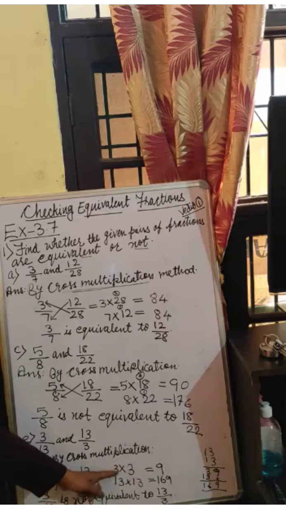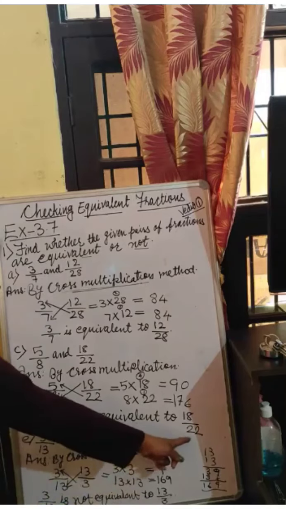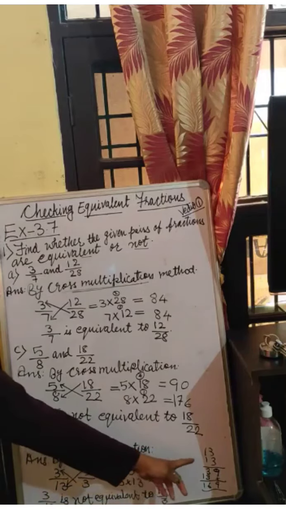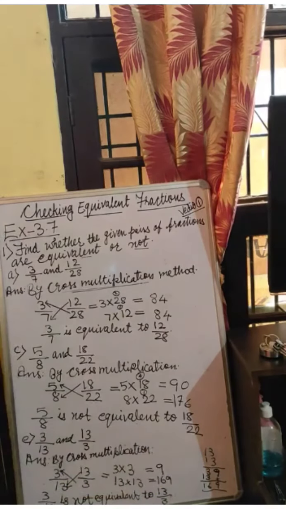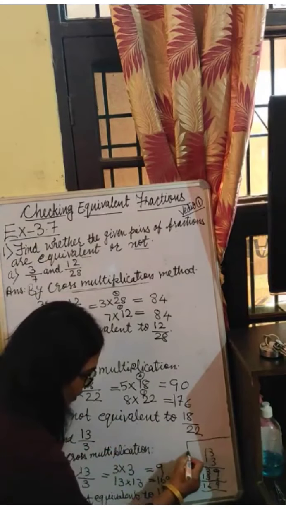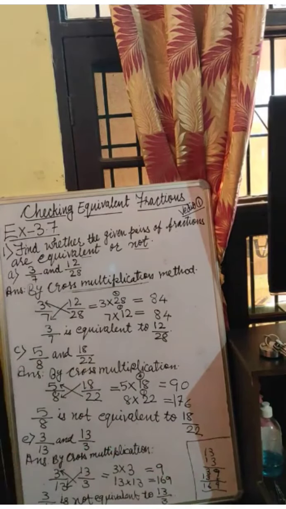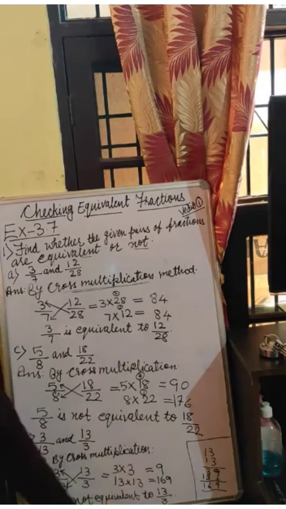So you will multiply 3 into 3. It's very easy. 3 3s are 9. 13 into 13. If you know the table of 13, it's okay, well and good. Otherwise, you have to use the rough notebook. In your notebook, you have to use the rough space here and multiply properly. 13 into 13, I have multiplied it here and we got the answer 169. So, one product is 9 and another product is 169.